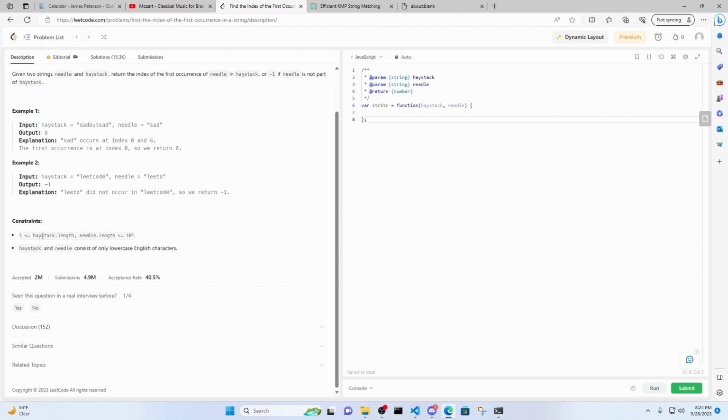Okay, so I understand. So basically, you have to find the needle in the haystack. So you basically have to check, because when I look at it,